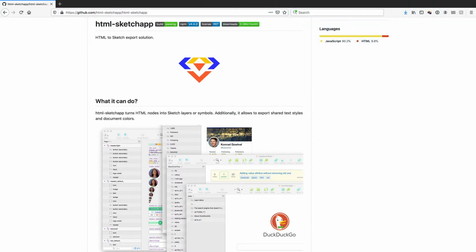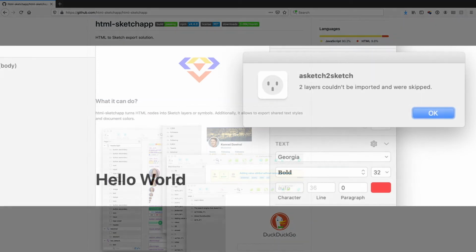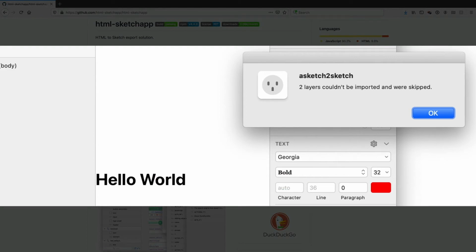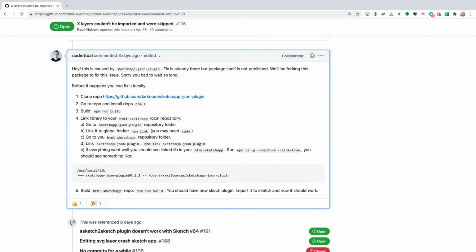There is another open source project called HTML Sketch App that was inspired by the React Sketch App that attempts to move to just basic HTML as opposed to using React. There are quite a few limitations on this library. It's fairly young, but it can do some really amazing things. Unfortunately, when we tried to use it on our components, we immediately got an error, and we thought that we were sort of dead in the water until just a few days before recording this presentation, when somebody came in and said, actually, the problem is with this plugin, and here are the steps to fix it in the meantime before we can actually update it in our source code. So we decided to give it a try and see what happened.